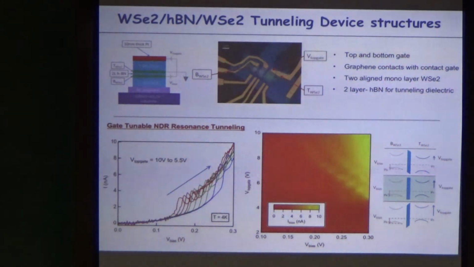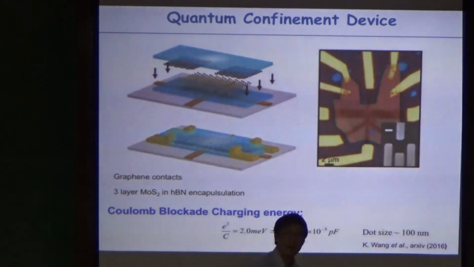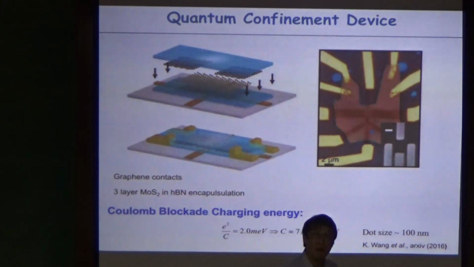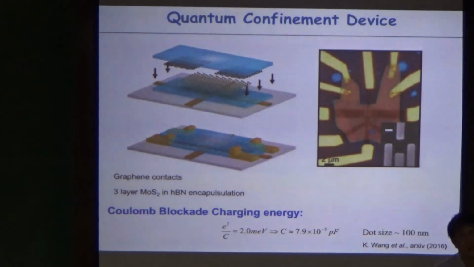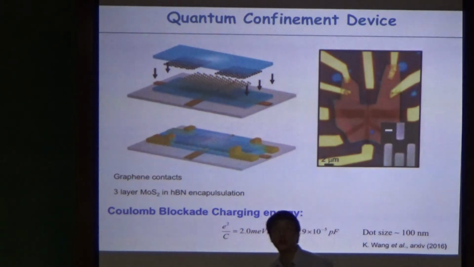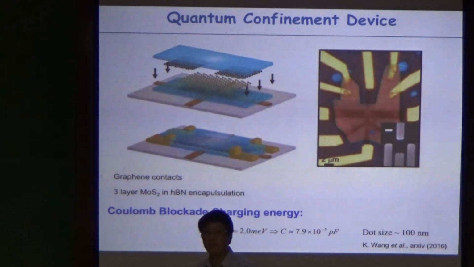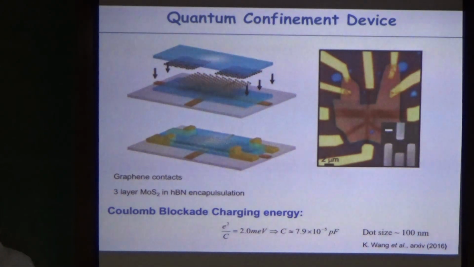Now let's go one step further, and try to bring it to the really quantum regime. Once you have this semiconductor, especially a 2D semiconductor, there is a whole slew of techniques we can apply to make so-called quantum devices. In a lot of cases in the two-dimensional electron gas, people know how to create these confined structures by designing local top gates, right? If you look at the high-quality